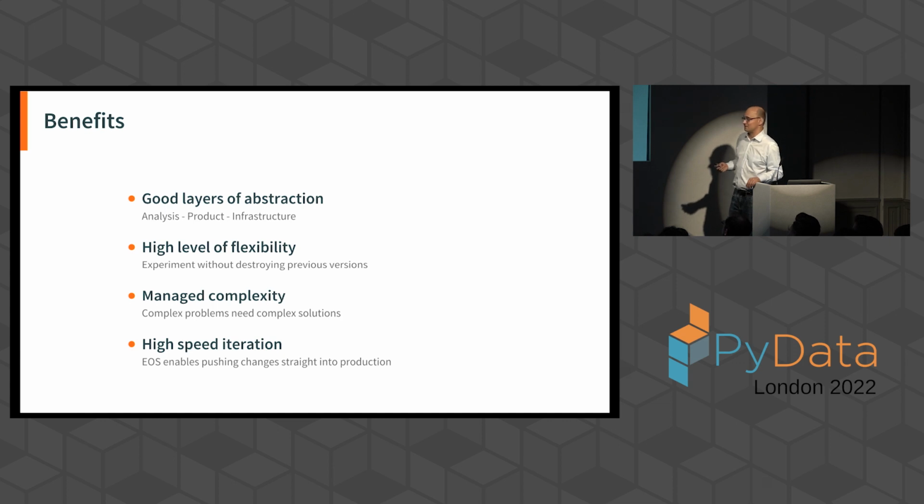What are the benefits? We found that there are good layers of abstraction in this structure. You have one place where you do analysis in notebooks. You have one place where you are writing your production code, which is in VS Code. And then you can outsource a lot of the infrastructure problems or allocate time-boxed time for dealing with how you write adapters and what you do with them. But you can externalize these problems. It gives you a high level of flexibility. You are able to change your code and back out of it. So that's a very important